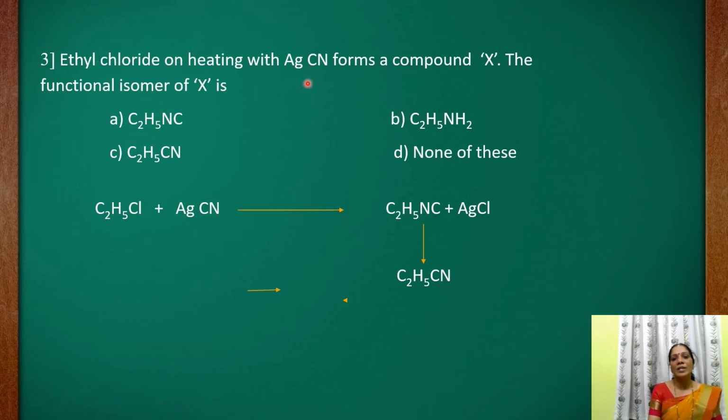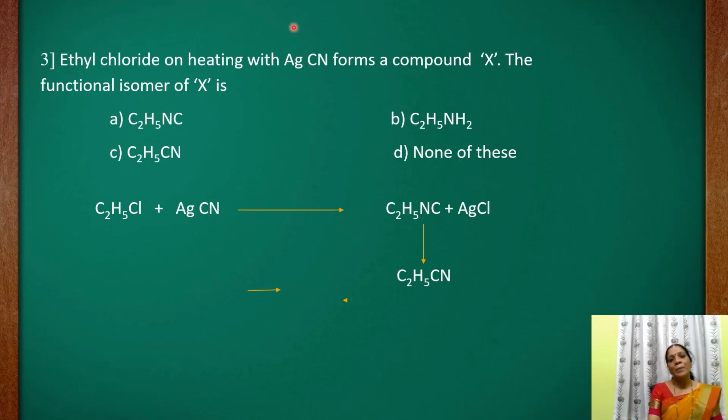Nucleophilic substitution reaction is carried out with what? Silver cyanide. Now, silver cyanide is not an ionic compound. It is completely a covalent compound. Listen here students, if it is potassium cyanide, we know that potassium cyanide is an ionic compound because potassium is an alkali metal. Readily it ionizes to produce what? K plus and CN minus.